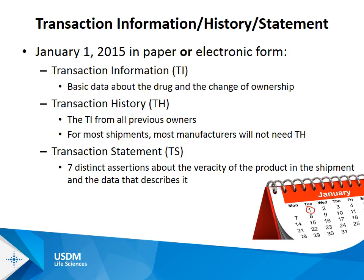That's coming right up, so you have to move quickly on this. As I said, the transaction data must be supplied in 3 distinct sets, known as transaction information, transaction history, and transaction statement. The transaction information is a set of data that describes the current change of ownership transaction and includes data about the product, such as NDCs, lot numbers, and expiration dates, and data about the transactions, such as transaction